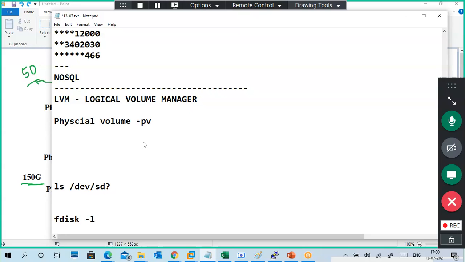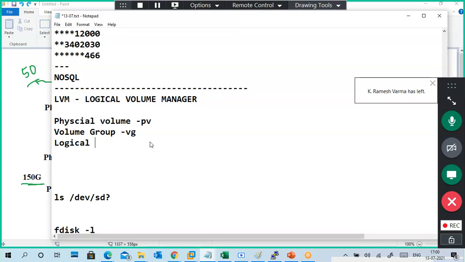So this is called PV. Very good. Volume group, this is called VG, and logical volume, LV. Logical volume.